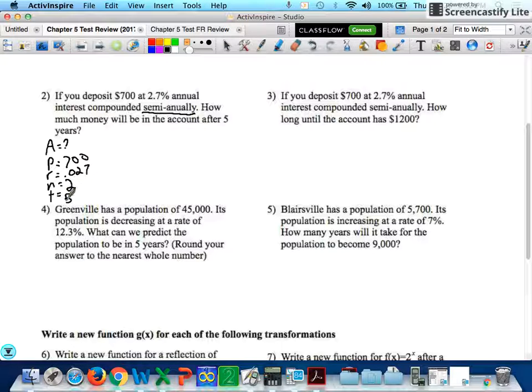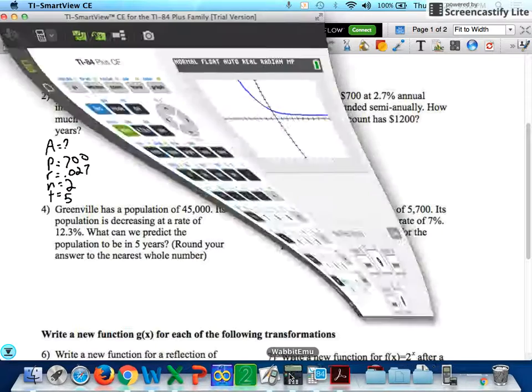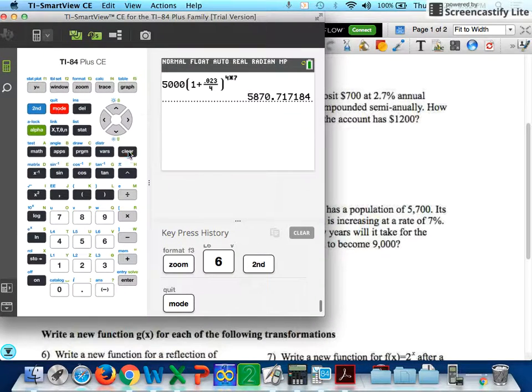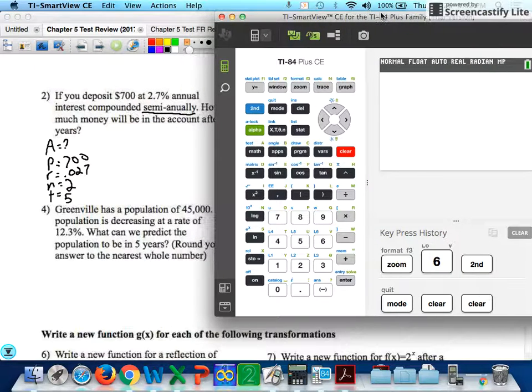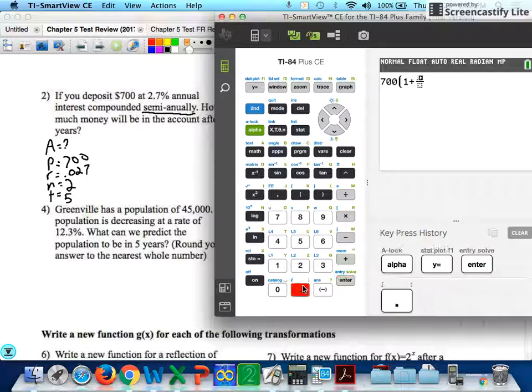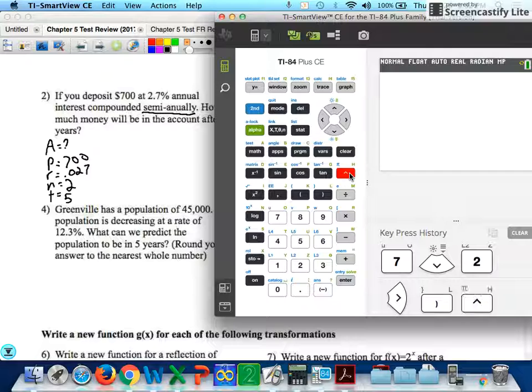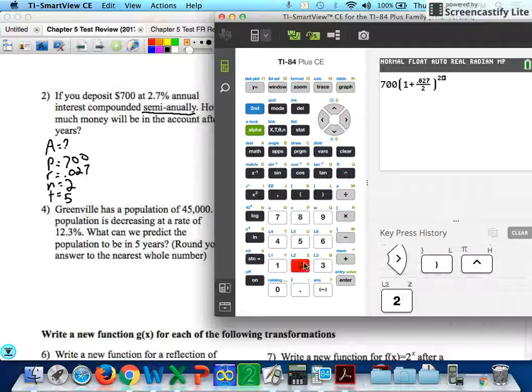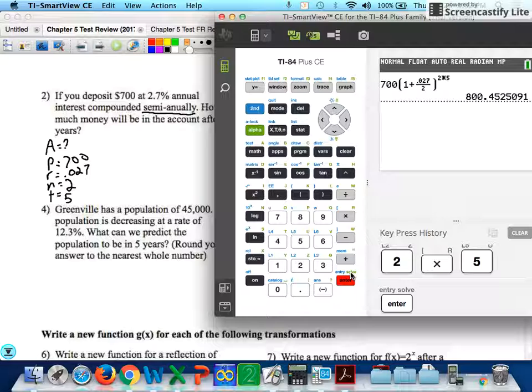So we plug all that into our calculator to find A, and we can plug it right into the home screen. Okay? So we have 700, parentheses, 1 plus, alpha y equals, enter. Our rate is 0.027. Our n is 2. Close those parentheses off. We raise it to the n times t power, which is 2 times 5. Press enter and it tells us about